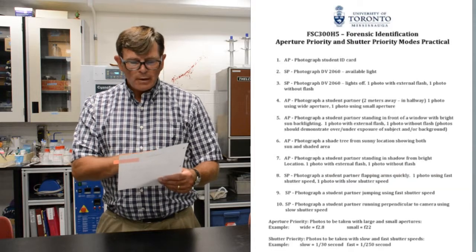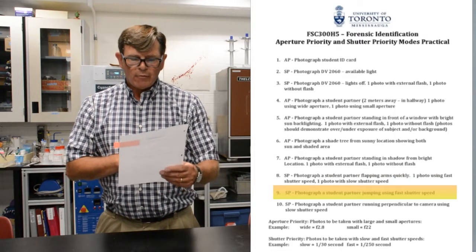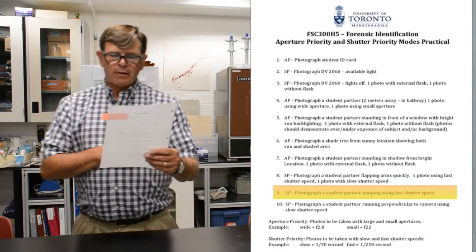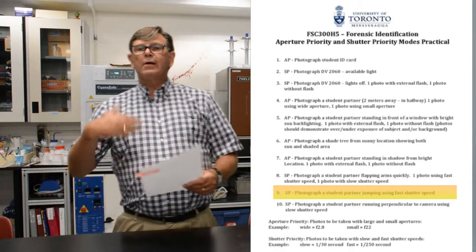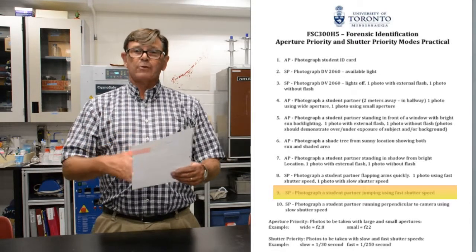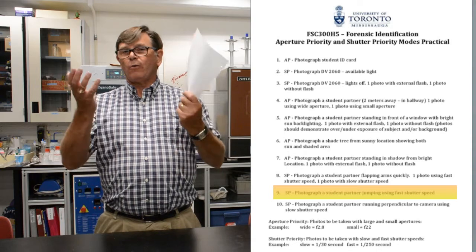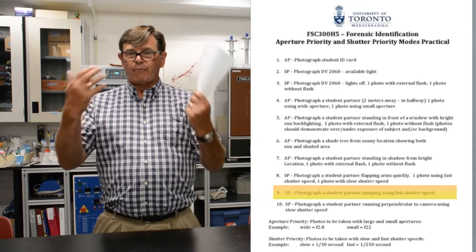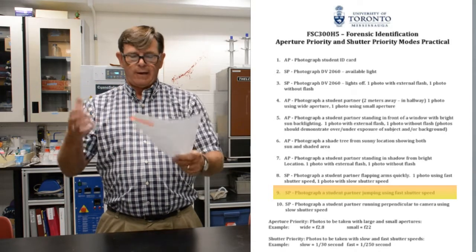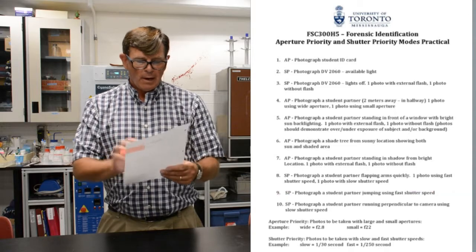Number 9, shutter priority. Photographing a student partner jumping using a fast shutter speed. So same kind of idea as the previous one, to try and show that freeze frame of the student in midair. Number 10,